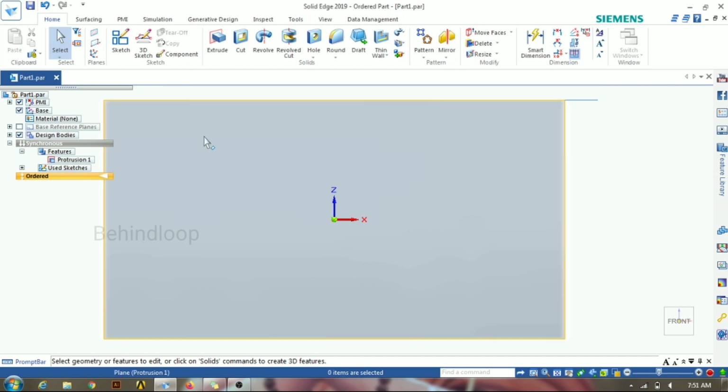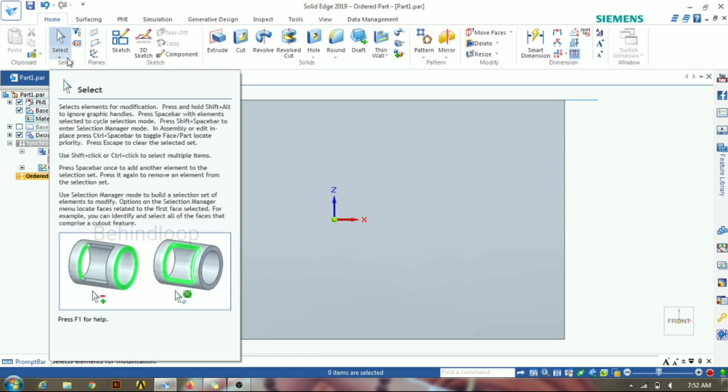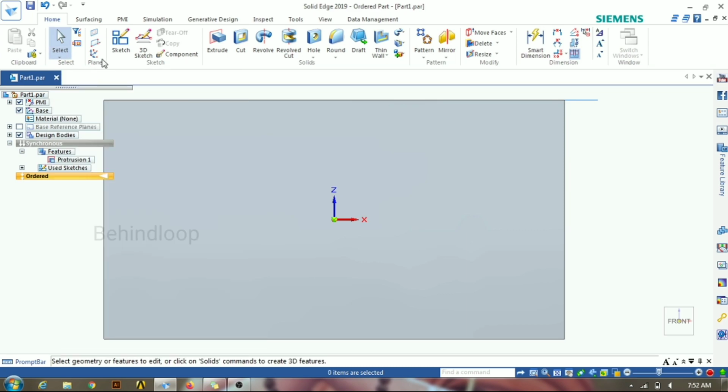Now we'll be seeing the command manager, which is at the top of the Solid Edge user interface. This consists of the clipboard, where you get to paste, cut and many other options. This is for selecting options. This is for planes. You can make a coincident plane, insert a plane, and make parallel planes and perpendicular planes. This is for sketch, with various sketch options where you make the 2D drawings or a closed boundary.